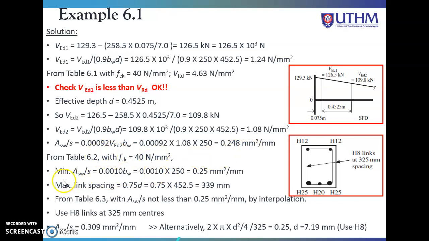So we need to calculate the minimum ASW over S from the table 6.2, also refer by FCK 40. So kita akan dapat value ni. So maximum link spacing adalah 0.75. Okay, dari table ni kita boleh pilih kita punya H link kita akan dapat mesti lebih besar daripada yang kita punya